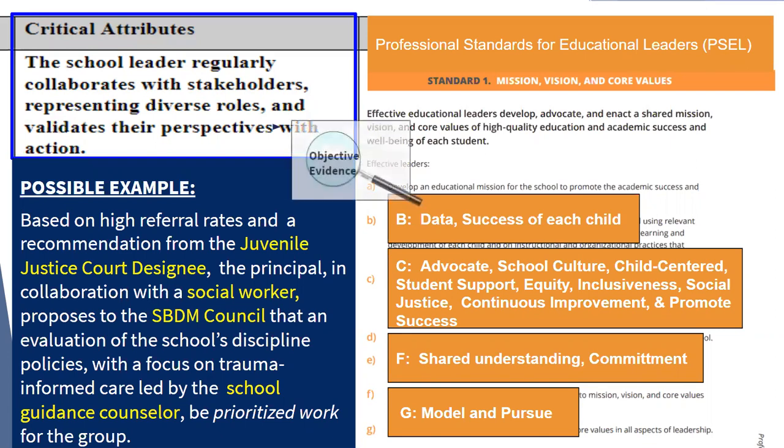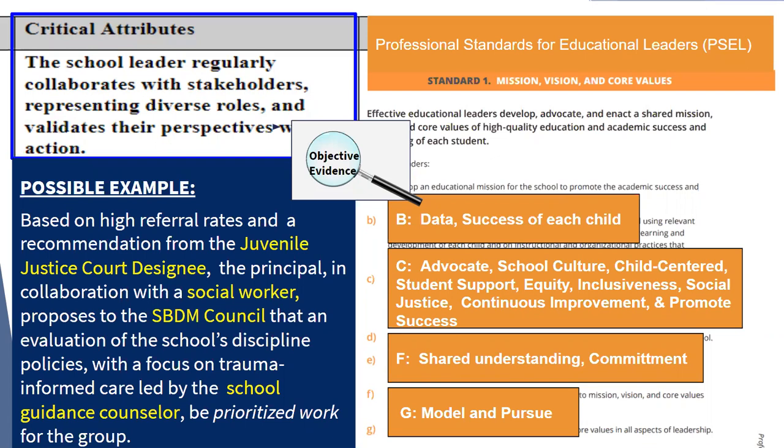The core of this example is the proposed recommendation of making this prioritized work for the site-based decision-making group. This proposal verifies the school leader is validating the diverse stakeholder feedback with action. Thus, objective evidence from this possible example might include revised discipline policy notating focus on changing needs of students, high incidence of trauma,